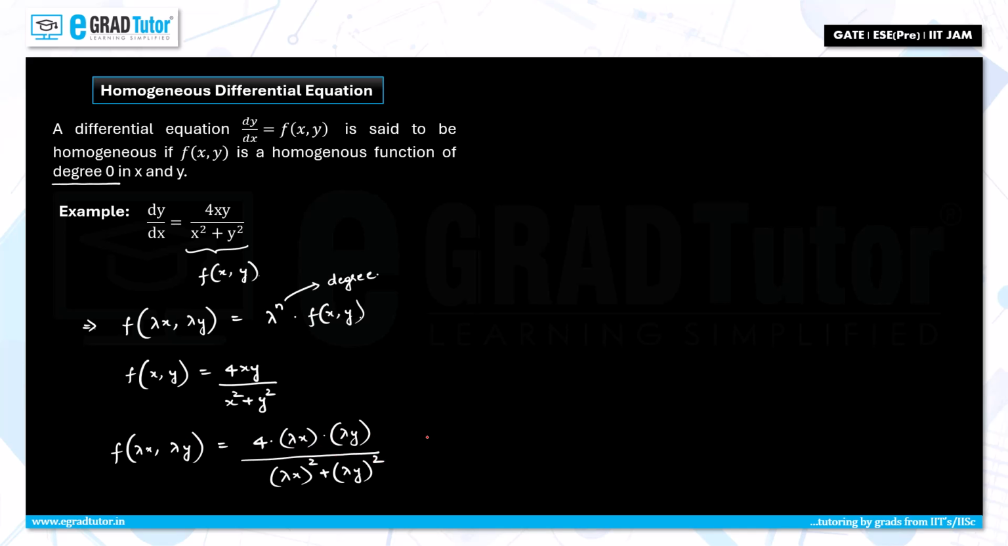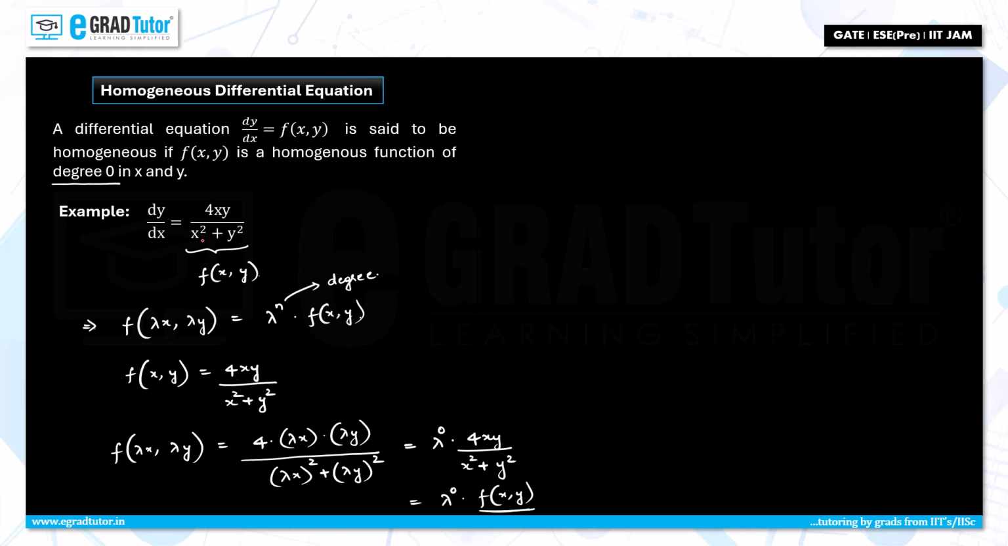So if you take lambda common from the numerator and denominator, you get lambda power 0 into 4xy by x square plus y square. This is nothing but lambda power 0 into f of x comma y. So this is a function of degree 0 in x comma y. Such differential equations are called homogeneous differential equations of order 1. Okay, they are first order